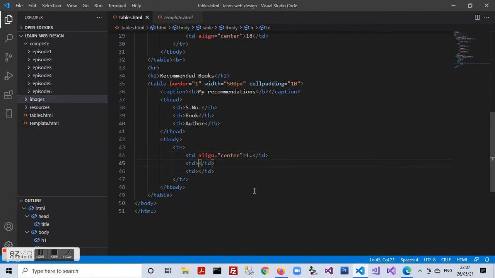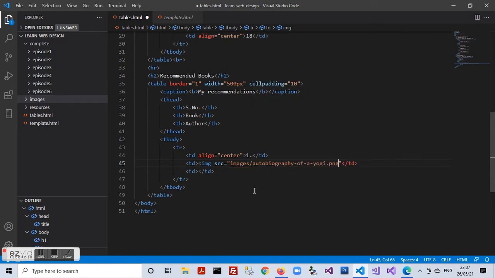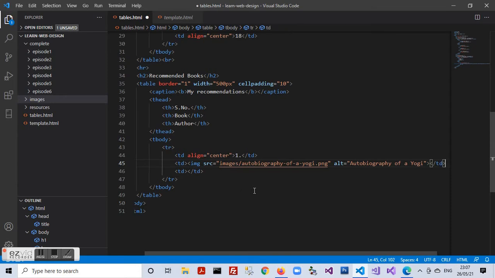I'll say image source equal to images folder, autobiography of a yogi, alt equal to autobiography of a yogi. So here we are with the image embedded within the table detail, and I need to put a hyperlink to